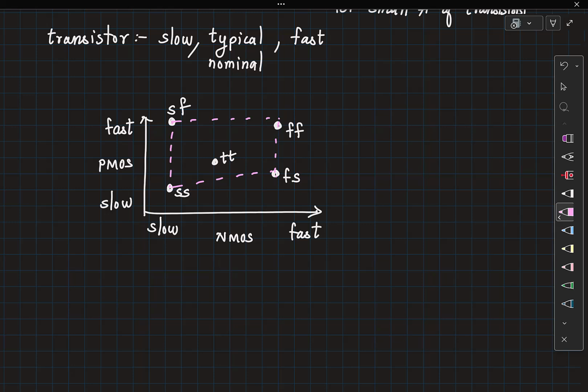Your NMOS is, let's say, in the slow corner, PMOS at the fast corner, the resistor comes in the maximum value corner, the inductor comes in the lower value corner, etc. So much variation exists when you try to design an IC. Every device property can have a variation, right?